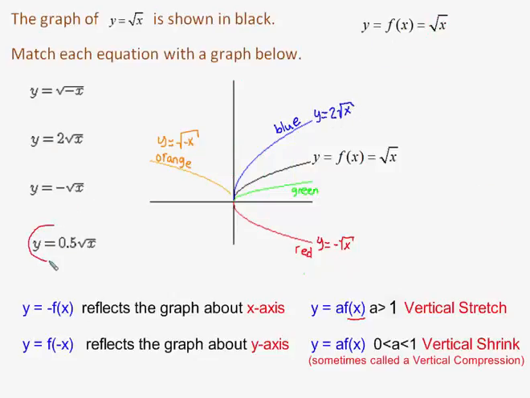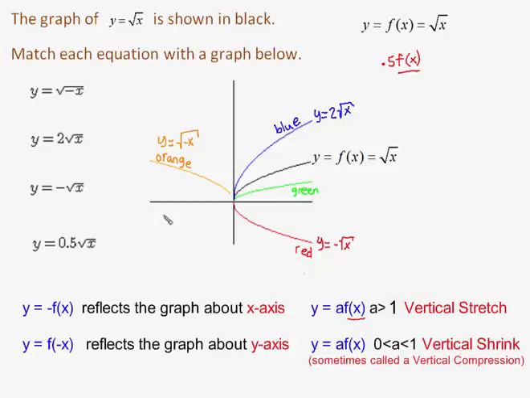So lastly, we have this equation, which matches this transformation rule that says we're taking our parent function f of x, which in our case is the square root of x, and we're multiplying it by a constant that's between 0 and 1. In my case, it's a half, or 0.5. So now we're going to get a vertical shrink. In fact, we're taking the y values at any point on our parent function and we're cutting them in half. So the graph is going to be half as tall,